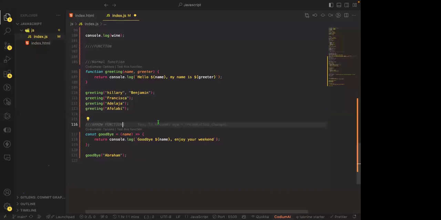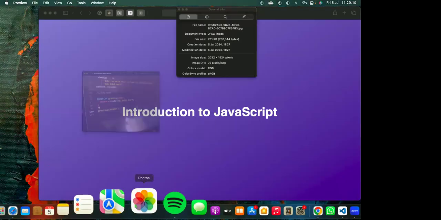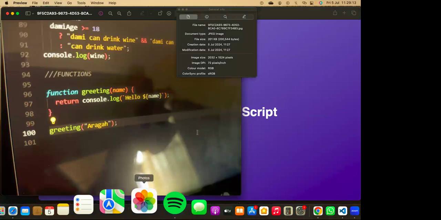Oh, hello, sir. Can you hear me now, sir? Yeah, I can hear you. Sir, I didn't quite get what you said about this arrow function. Can you go back again? Okay, I said that an arrow function is